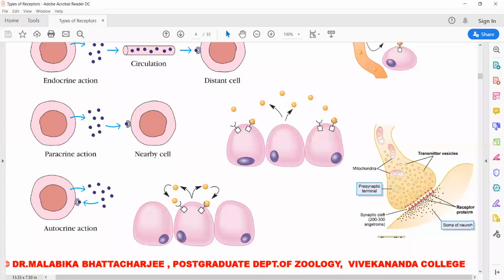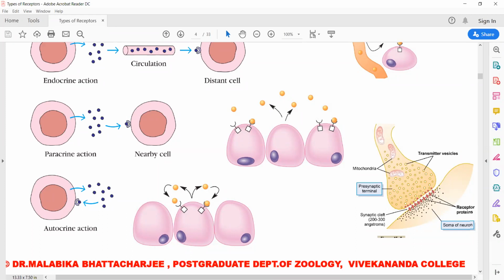I'd like to give you one more example. In wounds, when we have wounds in our body, H2O2, hydrogen peroxide, is liberated. This hydrogen peroxide diffuses to activate the local leukocytes that are circulating nearby. These local leukocytes, I mean to say the lymphocytes, on receiving this diffusible H2O2, then gradually tend to migrate towards the wound region. So this is another example of a paracrine signaling.